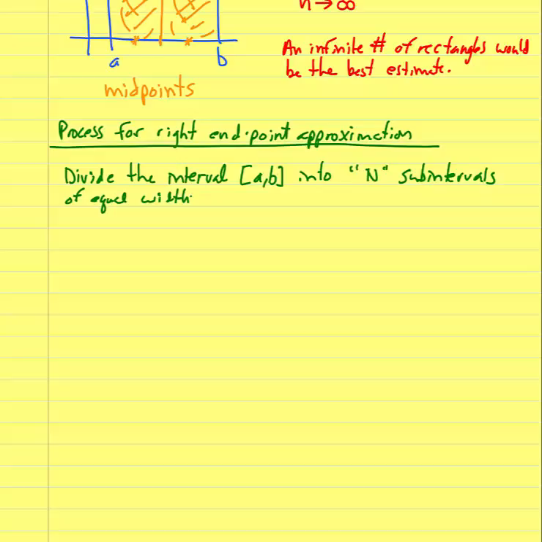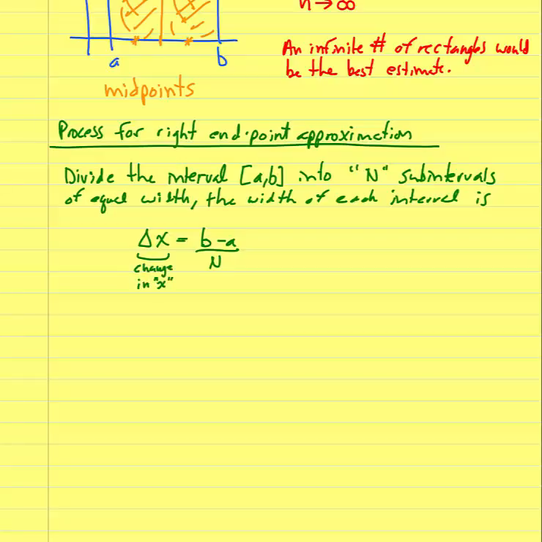The width of each interval then would be given by the formula. We're going to call this delta x, and I'll tell you what delta x means here in a minute, is the width of the interval, which is b minus a, all over the number of intervals, which is cap N. Now delta x means change in x. So that's the change in the horizontal axis. So let's go ahead and put